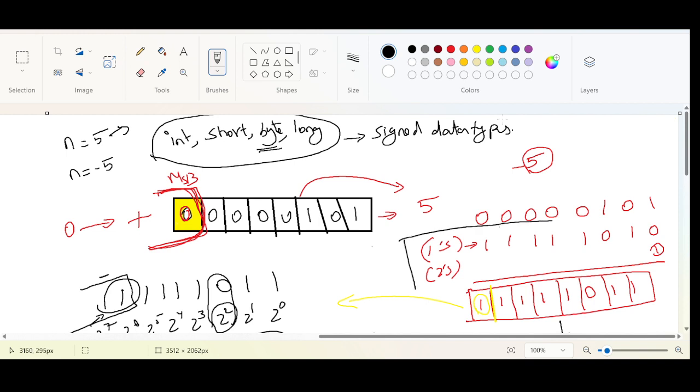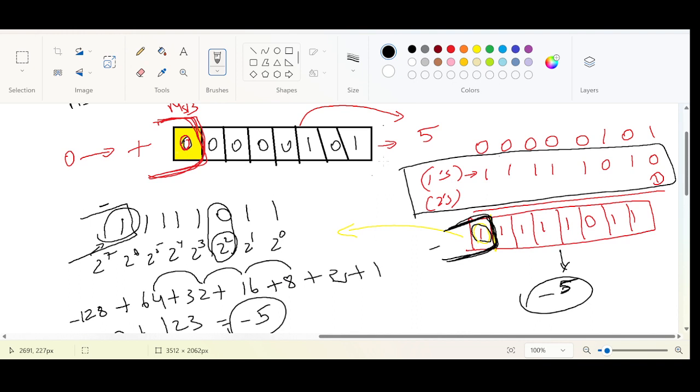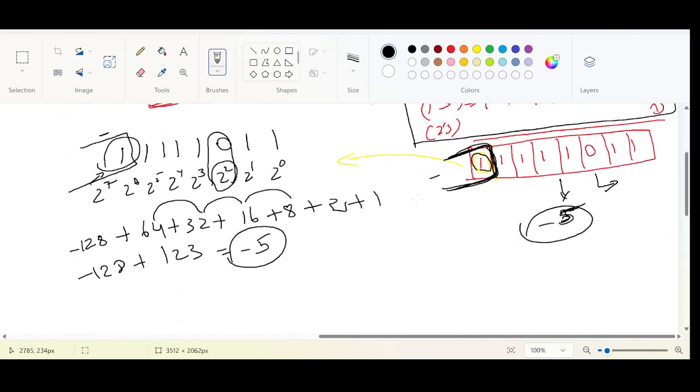Right? When you do 2's complement, the positive number is getting turned into a negative number. Why is it getting turned into a negative number? Because the most significant bit is going to be considered as what? The most significant bit, the leftmost bit, the extreme left bit, is going to be considered for the sign. If it is 1, negative. If it is 0, positive. If you apply the same logic and do the decimal conversion, you will get minus 5. Making sense? Why we are using MSBs, why we are trying to find 2's complement, just to get the negative